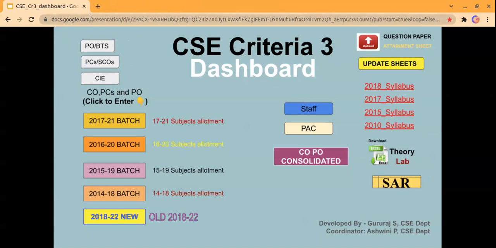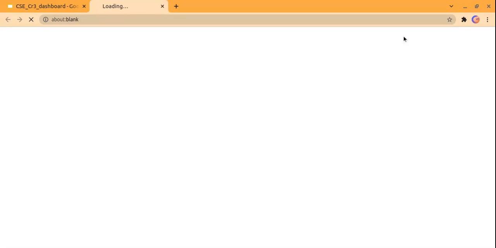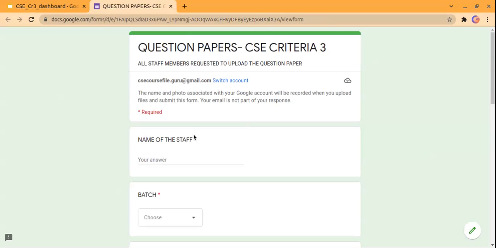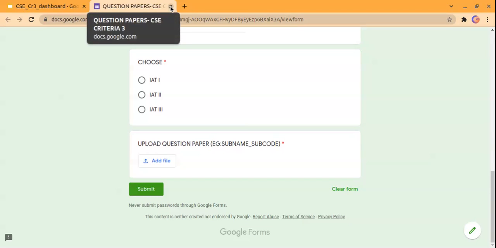So these three we have seen now. Now once these are process known to the people who are working on creation of the data for the criteria 3, so these are the prerequisites for the criteria 3, I can say. Now once it is done, question paper is created or generated by each course. We must upload to the link where it is given on the dashboard. So question papers will be available year wise, batch wise, everything on the dashboard, or you can say the database created behind it.